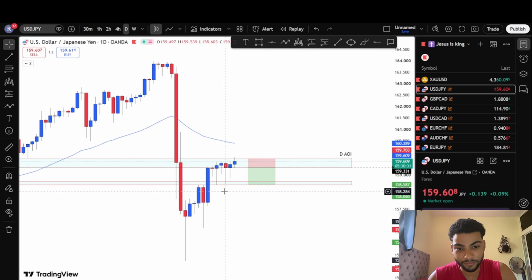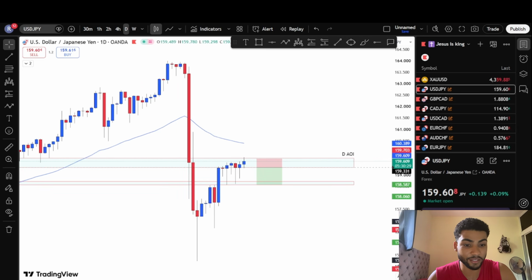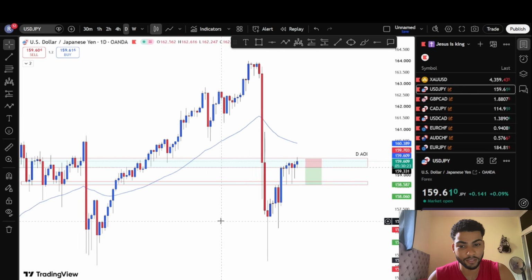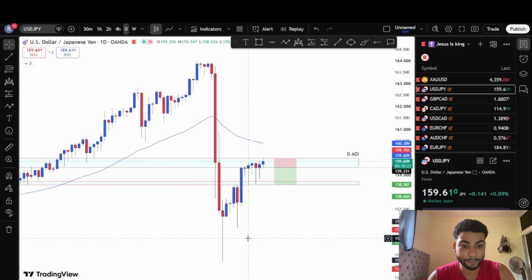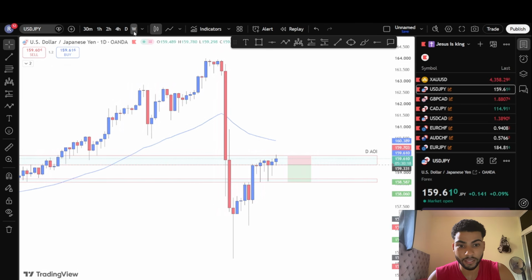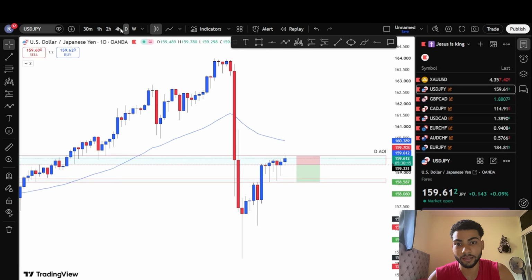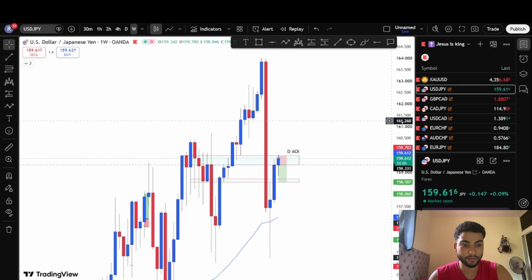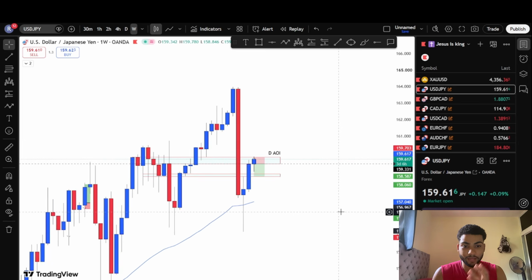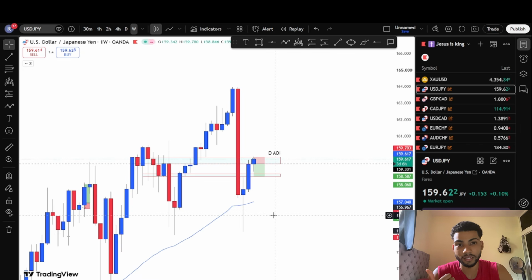So the first pair that I'm interested in trading is USD JPY. As you guys know, I was probably trading this pair last week. And what I'll be waiting for is, the first thing that I do when I'm going to enter a trade is my top-down analysis. Top-down analysis is to determine whether the market is bullish or bearish. And the way that I do it is I use the weekly and the daily and the 4-hour time frame